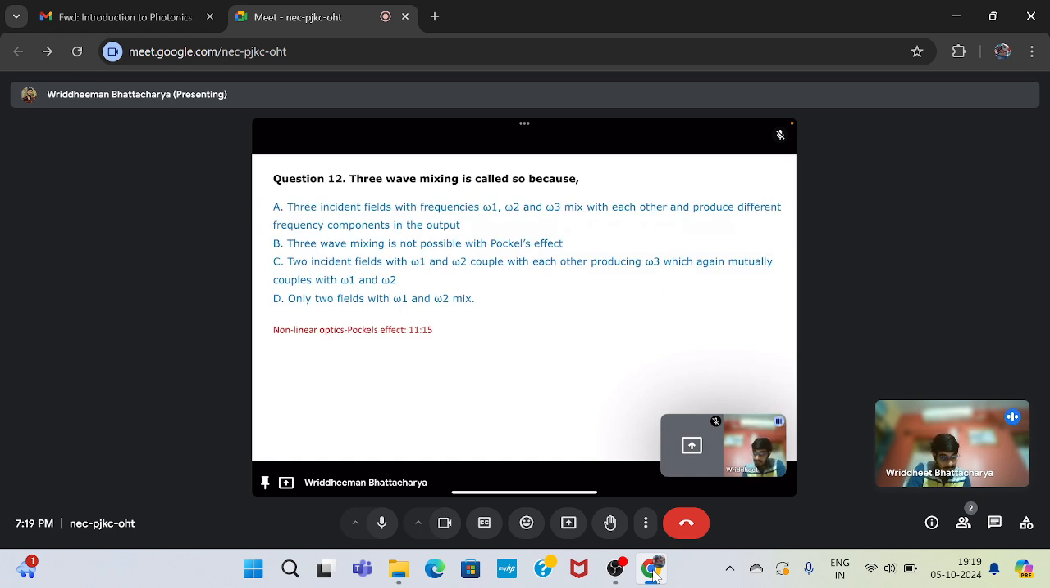The three-wave mixing is called so because of which one of the options? The three incident fields with frequencies W1, W2, and W3 mixed with each other. The three-wave mixing is not possible with the Pockels effect. Two incident fields W1 and W2 coupled with each other. So obviously the third option is the correct one, as when a field is generated at W3, it interacts with W1